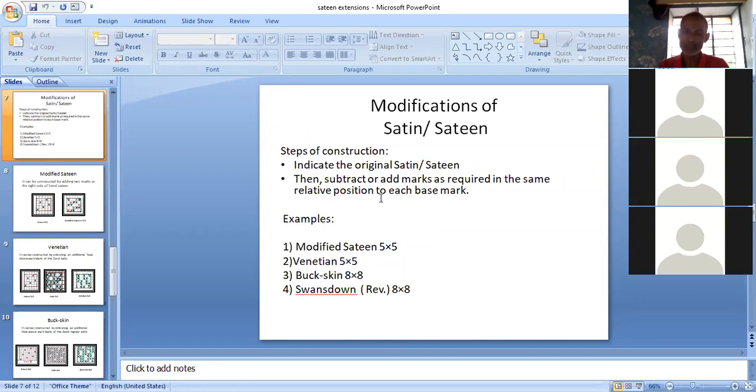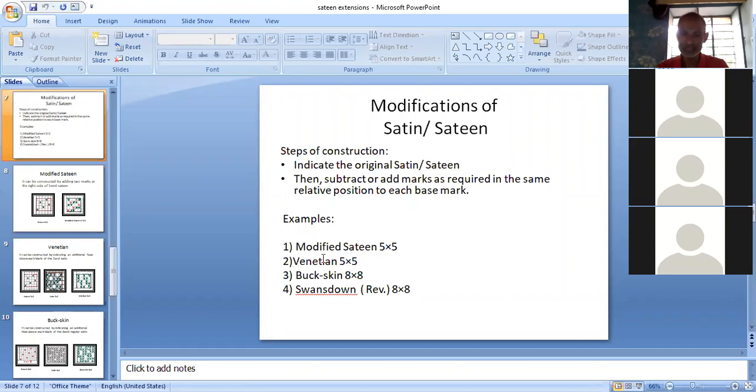Now to understand the modification, we do not have any defined modifications like in 12, where there were defined modifications. But we are taking certain examples, and with the help of these examples you will be able to understand the basic concept of how we modify 13 and 13. So we are taking 4 different types of examples to understand different modifications of 13 and 13, how they can be modified.